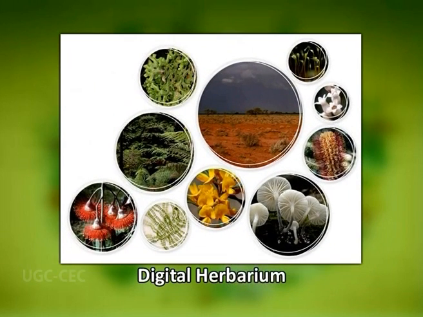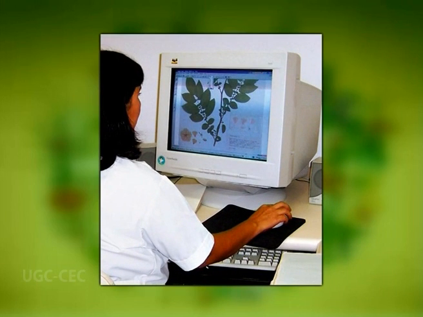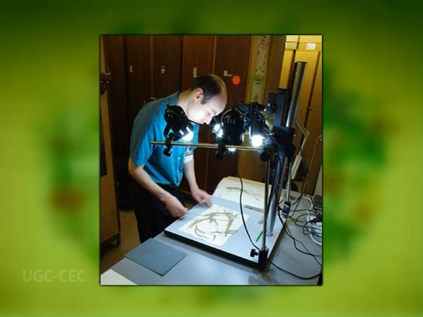Now let us discuss the digital herbarium, because it is a recent phenomenon that herbaria are becoming more digital. These digital herbaria are sometimes also called electronic herbaria. What are these digital herbaria? It is a herbarium in a digitized format. That means it contains a collection of digital images of the preserved plants or plant parts.